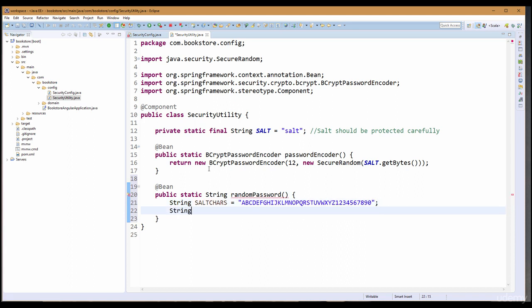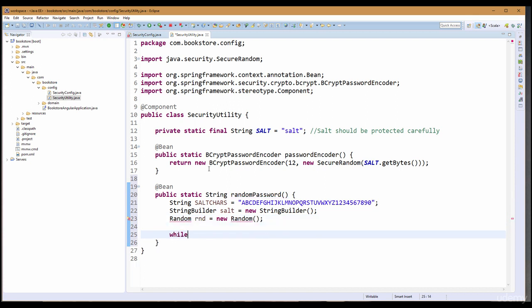And we have a StringBuilder, SALT, equals new StringBuilder, and a random number. While SALT length